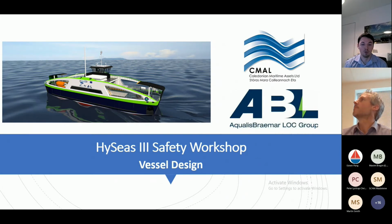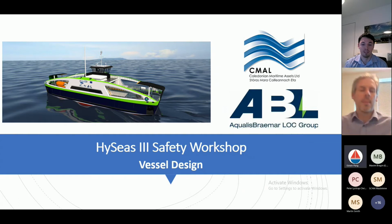We've also got 2 dual-fuel LNG ferries currently under construction, and we're also looking at fully electric ferries as part of our small vessel replacement program, which is going to replace 7 small ferries over the next 5 to 6 years. So CMAL, we've also been part of the HySeas group going back to HySeas I in